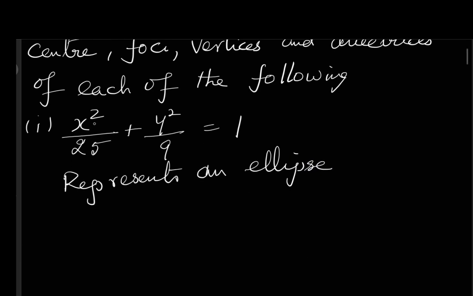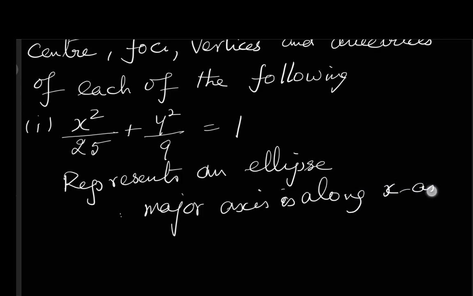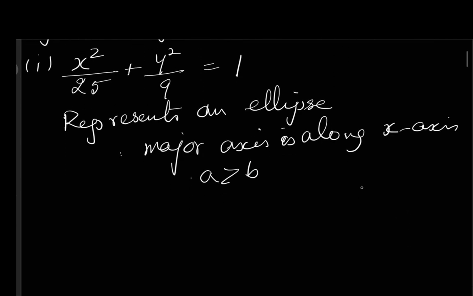And major axis: see, the denominator in the x squared term is greater. So therefore the major axis is along the x-axis. So here A is greater than B. A is greater than B here. So in that case,